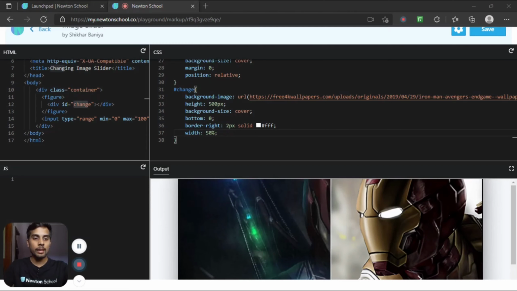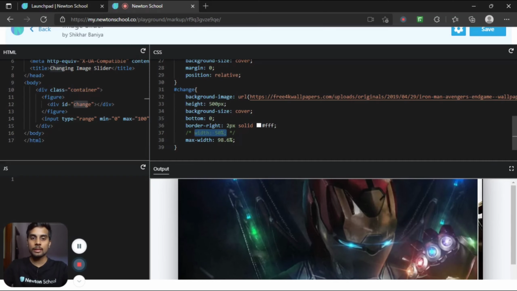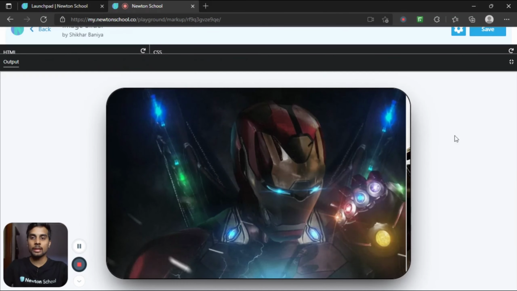So yes, and let's add a max width of 98.6%. Let me comment this so that you can see. If I set the maximum width, it will not increase the width to 100%. It will just stop right here. Whenever we slide things, it will just stop right here.